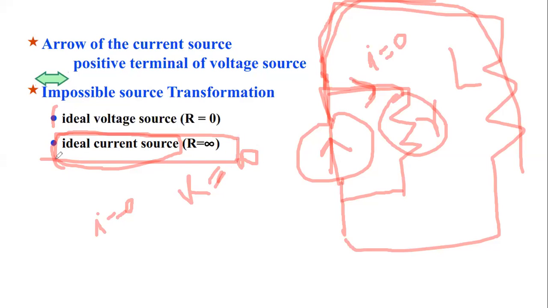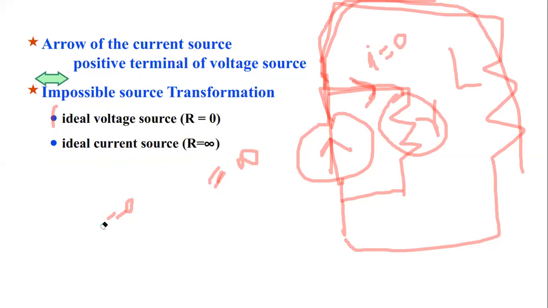The internal resistance of an ideal current source is infinite, so that no excess current can go into that resistance and there is no drop in the current value. So you should know the point here is that the ideal current source has internal resistance R as infinity, and the ideal voltage source has internal resistance as 0. Now because this is 0 and infinity, the calculation will again be difficult. So that's why we say that they cannot be transformed into each other.